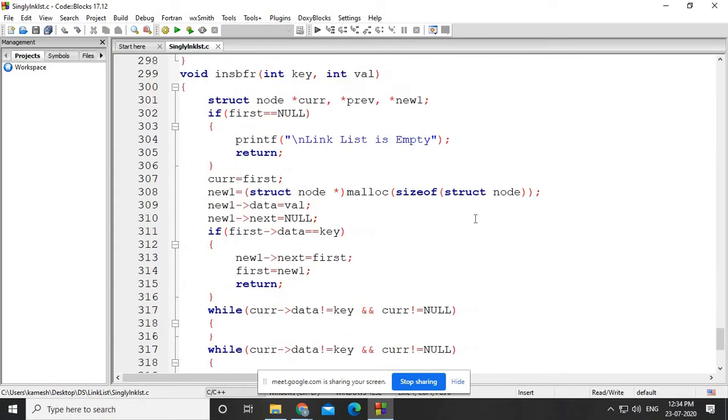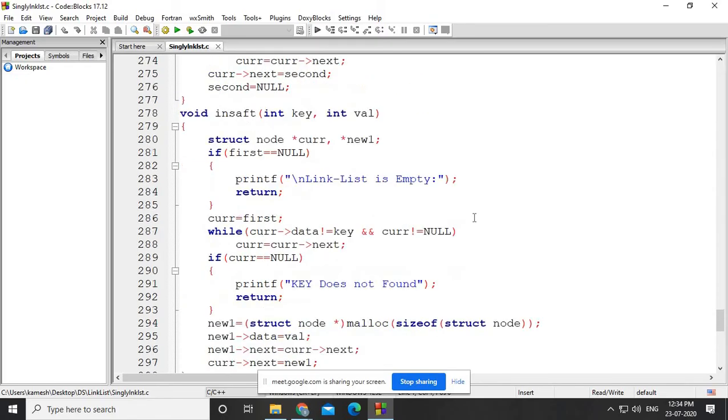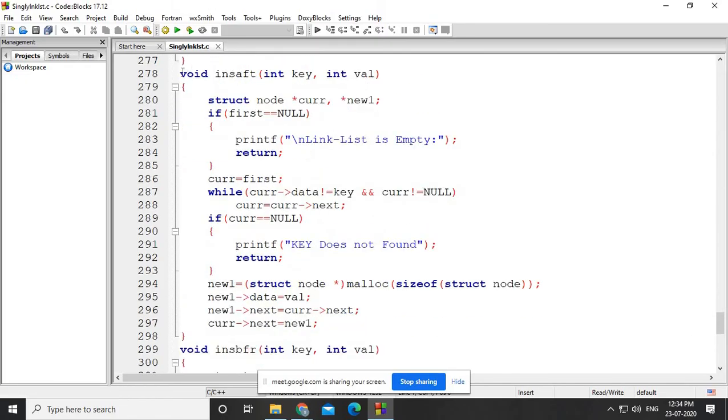Split is there, join is there, insert before is there, and this is insert after. The same coding I have done. Whenever the user calls the function insert after, the user needs to pass two things, that is a key and a value. First we take two pointer variables, current and new one. We check if the linked list is empty. Obviously we will come back to the main function again. Otherwise, we have to find out where the key is.